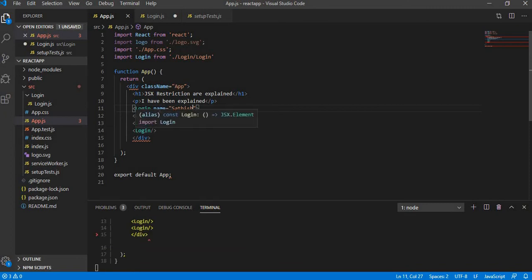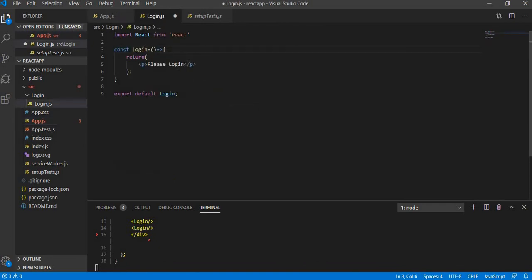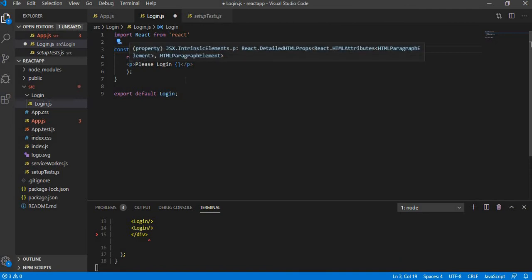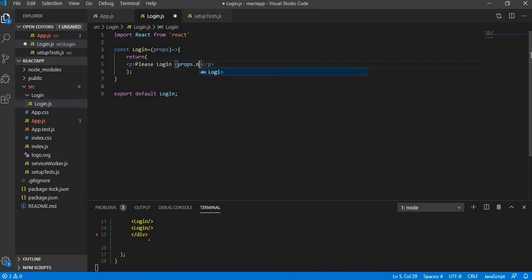But this particular name attribute in login.js, what I'm going to do is mention it as props. So whatever contents are passed would be passed as a functional parameter. So the attributes that are mentioned should be passed as a functional parameter. Then in these curly braces, if you put props.name and click on save, you will find